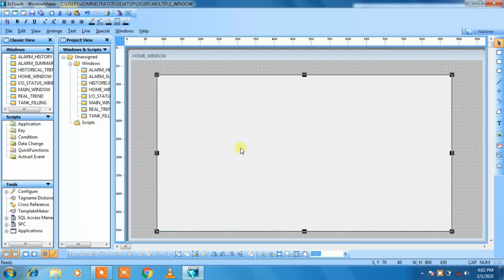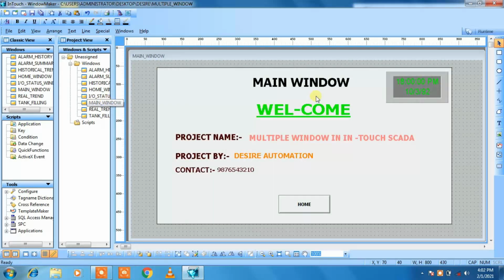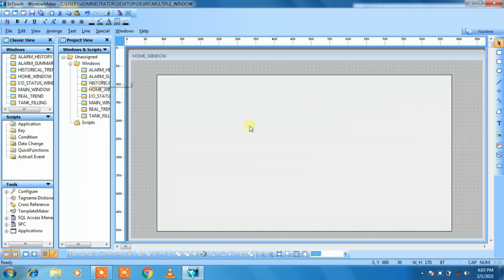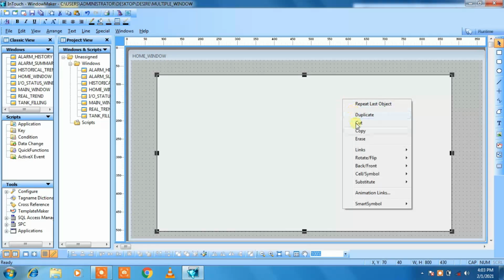It is just similar to the previous window because I have copied it and pasted it over here. Similarly I will copy the clock also because all the things will look similar. So I will copy it, then go to the home window, then right click.